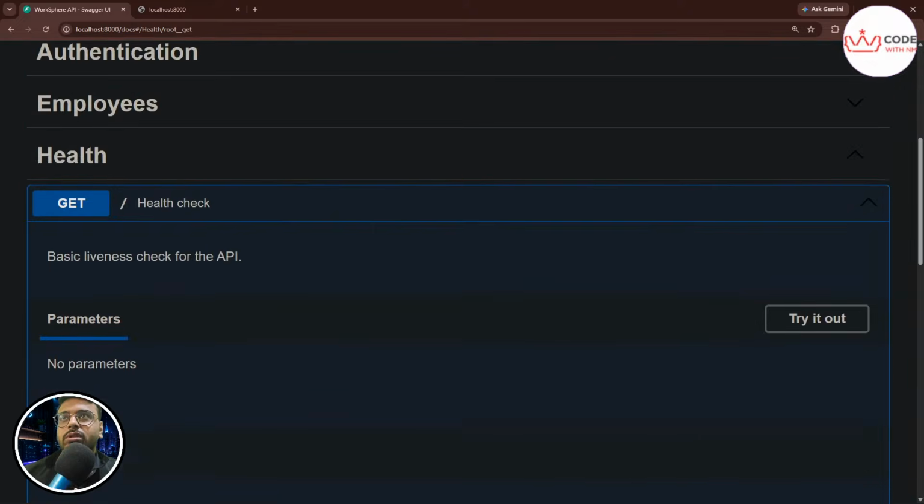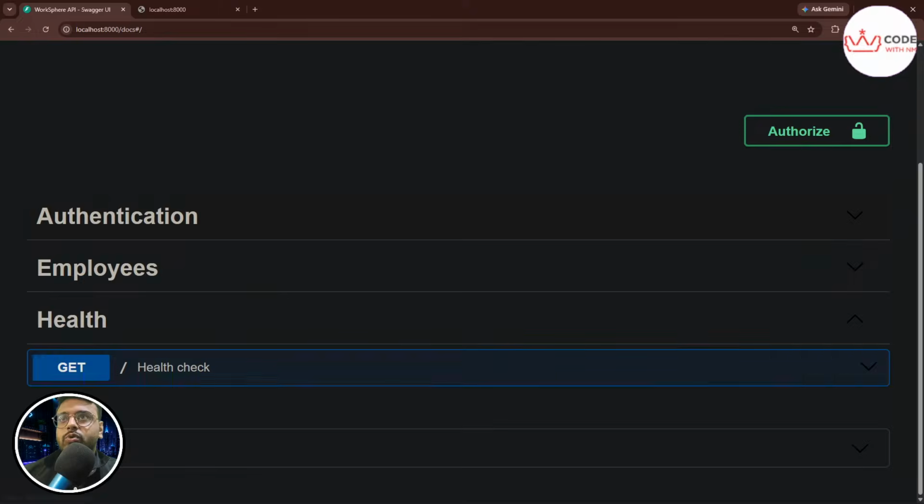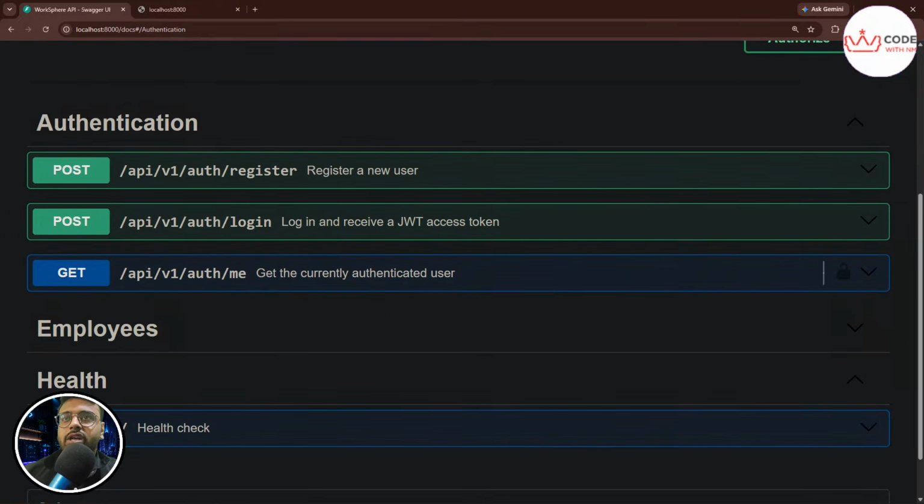Okay, so let me now jump to authentication. So we have three APIs, and if you see, all the APIs have proper routing /api/v1/auth. The only thing changing here is the endpoint. The last one is register, this is login and me, and of course the code related to them will also change. So it says if you want to register a new user, use this API, and if you click it,